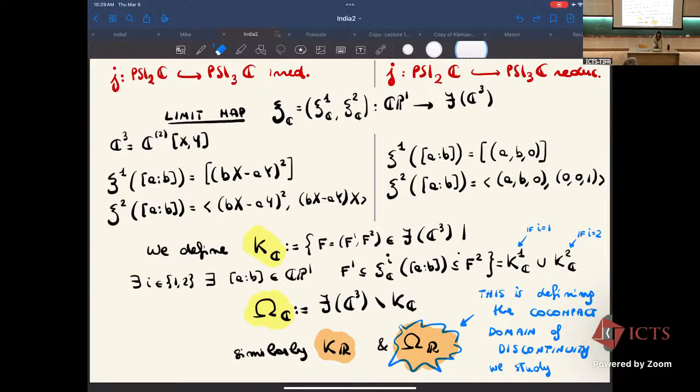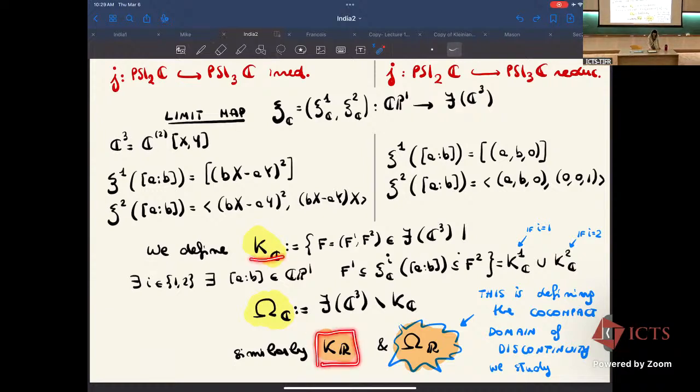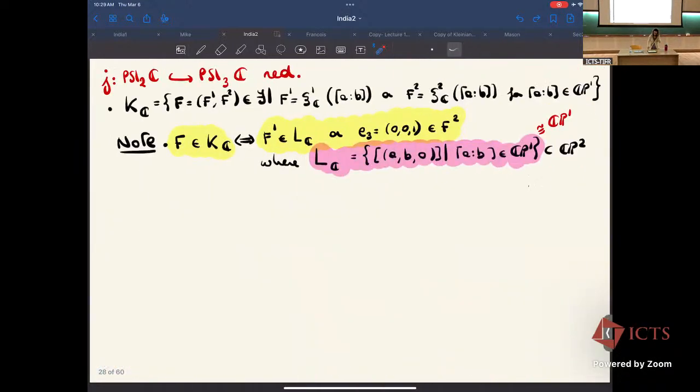Okay, so this is the set in general, the bad set, the set that we want to remove, which is the image under this map, where here we have RP1. And so the domain of discontinuity that we want is when we remove this set. Okay, so now, in order to understand the domain of discontinuity and its fiber,